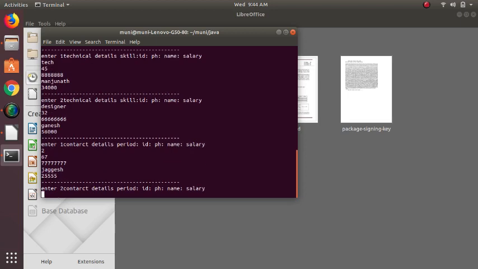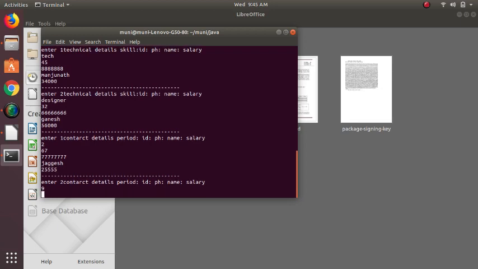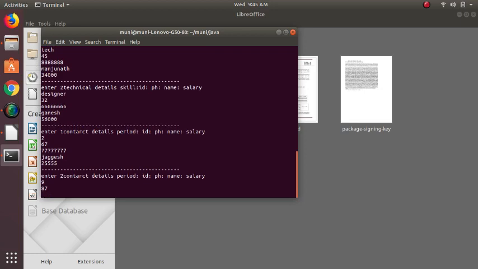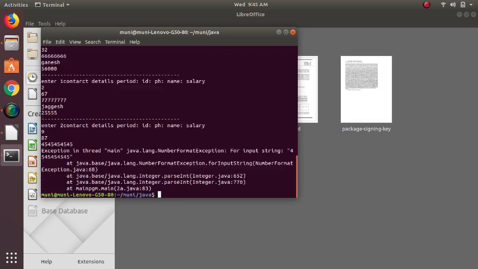While entering the details, please enter each detail in a new line. For example, I entered 2 as the details for period, and then 67 should be the ID. That's why I entered it in the next line. Every time you enter new data, it should be present in a new line. So make sure that you enter it in a new line. So I will enter the second contract details. The first one is the period, so it is 9, and then ID is 87. So phone number is, I'll give 4545 random numbers.